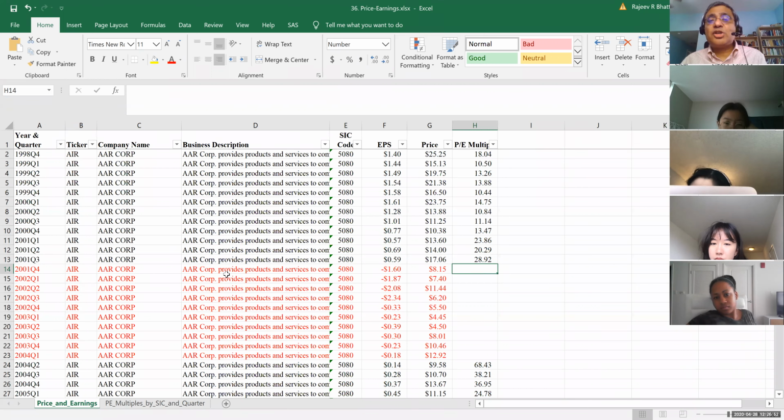So we've done some conditional formatting. All the rows which have negative EPS are in red, and the PE multiples are missing for those because they are not meaningful. Okay, so remember, if the earnings per share of a firm is negative, that firm can still have a positive value only if that is an unusual situation. It will eventually have positive earnings, because if it always has negative earnings, the valuation cannot be positive. All right, so that's something to always keep in mind in terms of doing the price earnings ratio. So let's just look at this ticker,